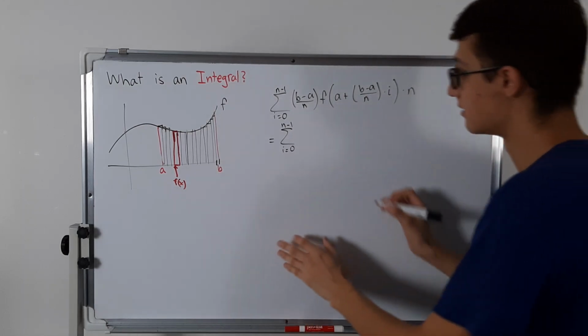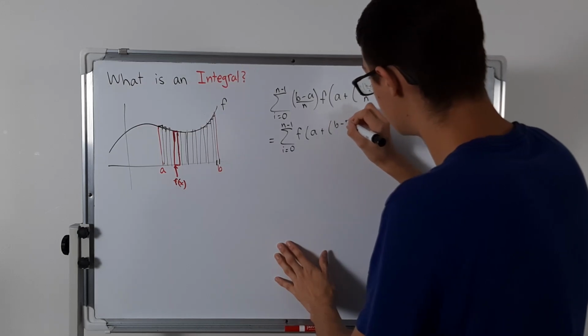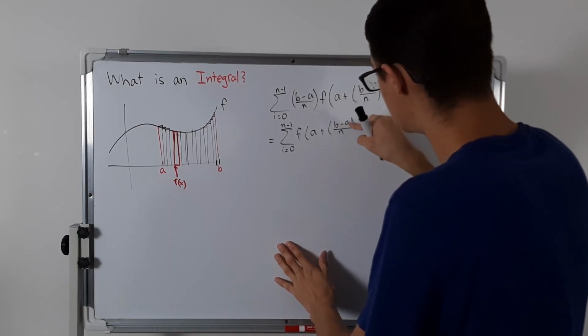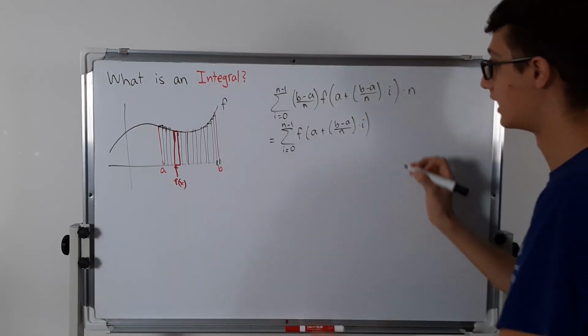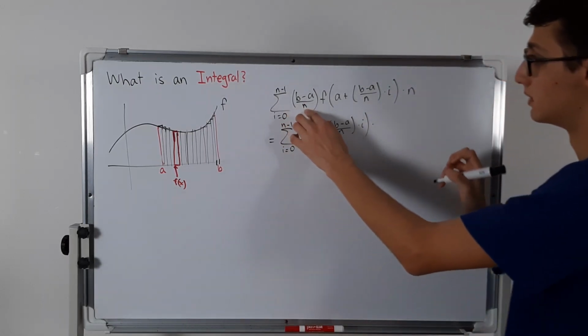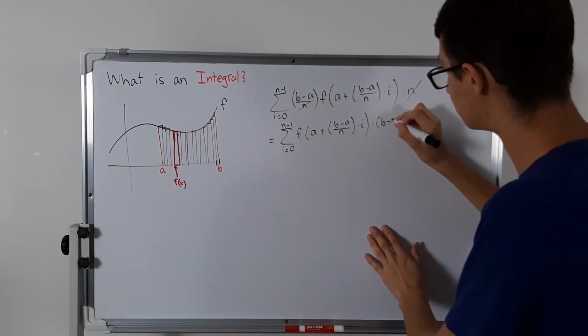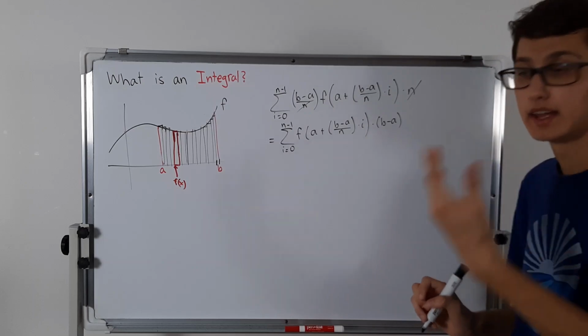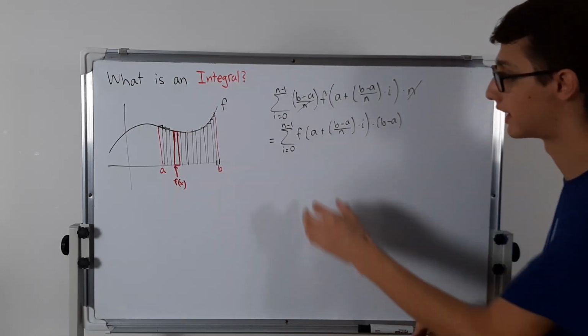And I'll start with the f here. So we have f of a plus (b minus a over n), and that's all multiplied by i. And then times, well, the n's cancel out here, so we have b minus a. Okay? And so what we can do here is just write a little bit of shorthand, just so it's a